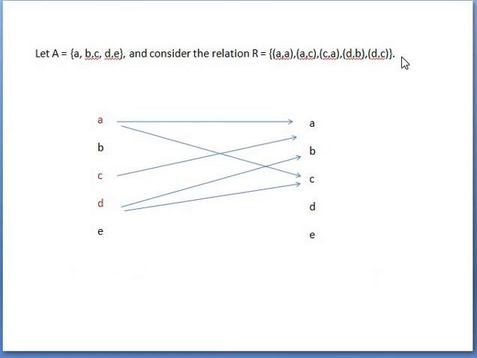So see, A, C, D. That means from the first set, the elements which are related to something in the second set are A, C and D. So the elements placed in the first position in the relation R will form the domain, which are A, C and D. You can verify: A, C and D are the first elements of the ordered pairs. So the set of the first elements of the relation is known as the domain.